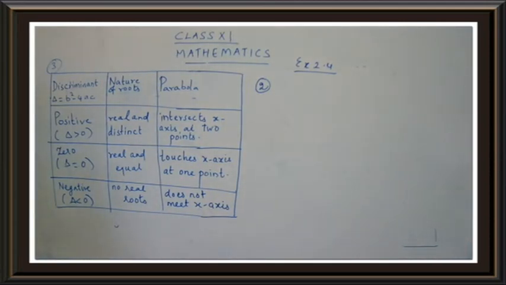So let's start our answer, children. I hope you are ready with the question. Shall we go for the answer, children? Okay, let's start. A quadratic polynomial has one of the zeros as 1 plus root 5, children. Okay? So before we continue our sum number 2, you have to come to page 65. Take down page 65. I hope everyone has your textbook ready and you have kept your page number 65 open.